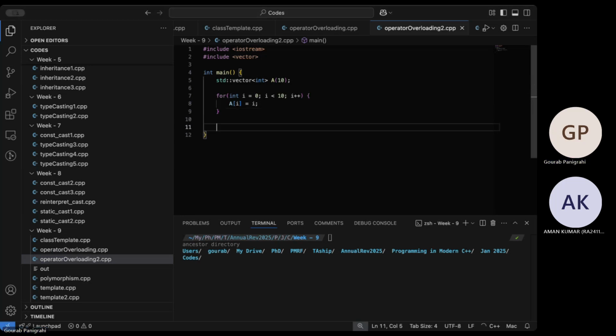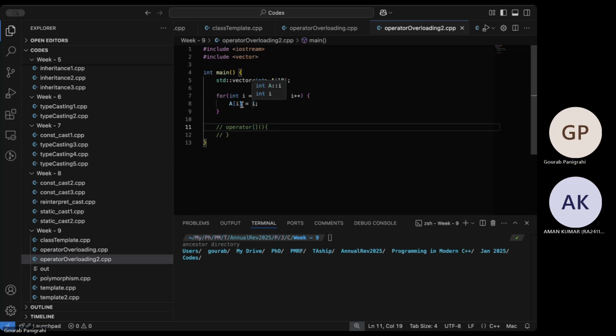Now here, the important thing is in the standard vector class, standard is the namespace, vector is the class. It is a templatized class with an integer. Now this class has its own operator, and there is a body. I'll comment this out. This is just to show you what it actually is doing. So it will take an input. Like it is saying, it is overloaded.